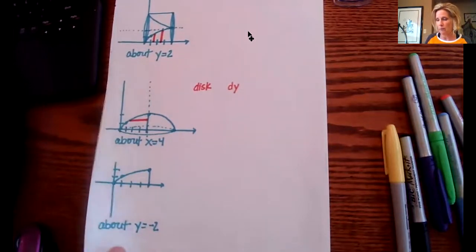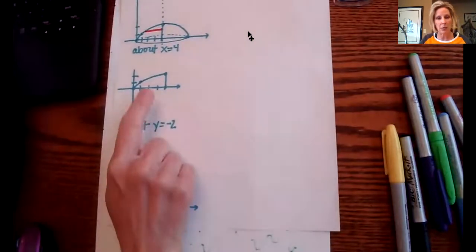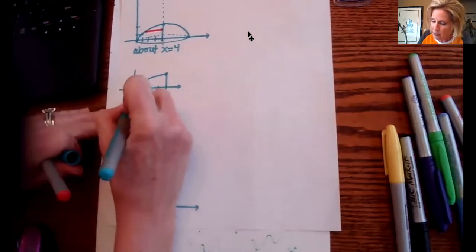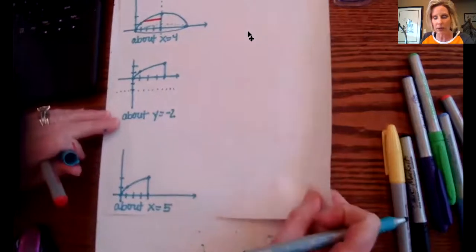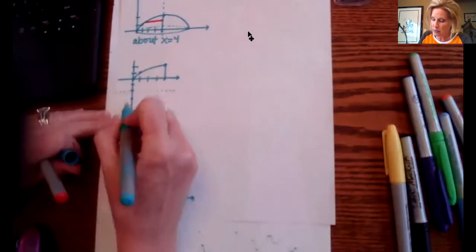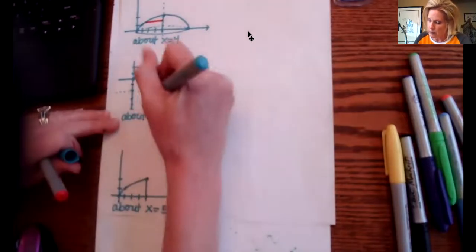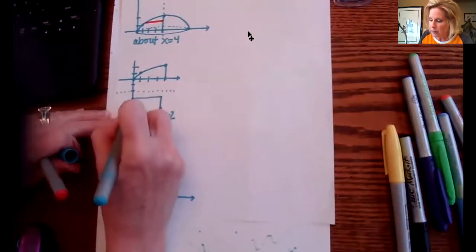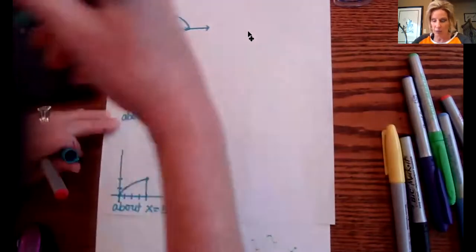So 2 more. Now on this one, I'm going to revolve about the line y equals -2. Y equals -2 again is a horizontal. Ooh, that's going to give me some separation there. So let's see here. If I do symmetry, that looks like the symmetric shape would look like that. And if I revolve it,